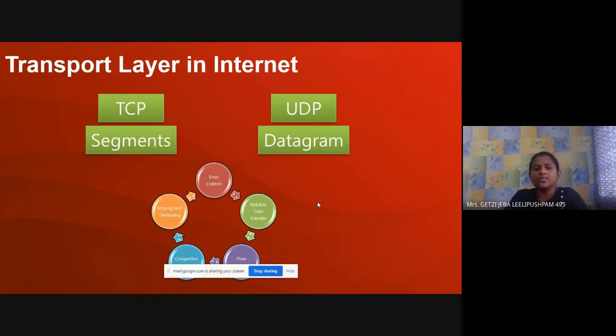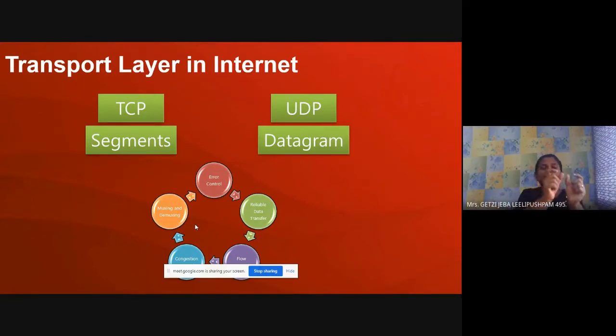Okay. Now, what is the primary function of TCP? All the characteristics that I have given here are definitely provided by TCP. Number one is multiplexing and demultiplexing. What is multiplexing, demultiplexing? See, there are many processes running in a computer. Even as you are listening to this class, you will have your Meet open, then you will have your Facebook open, you will have your mail open, you will have your classroom open. Suppose I just open my Gmeet and I'm delivering the lecture, it directly comes to your respective Gmeet. That is what is called multiplexing.